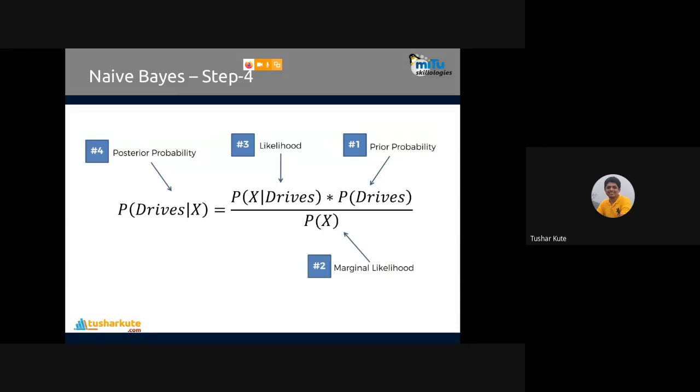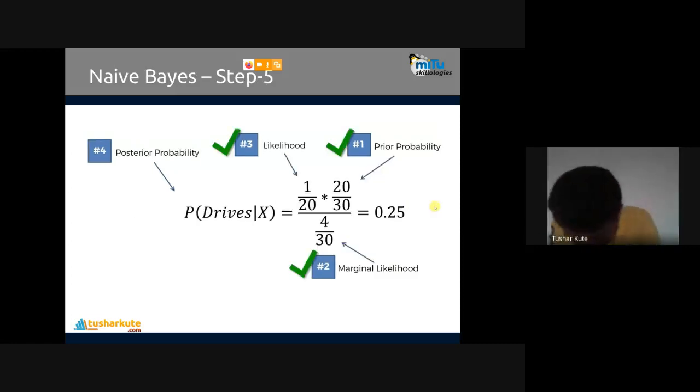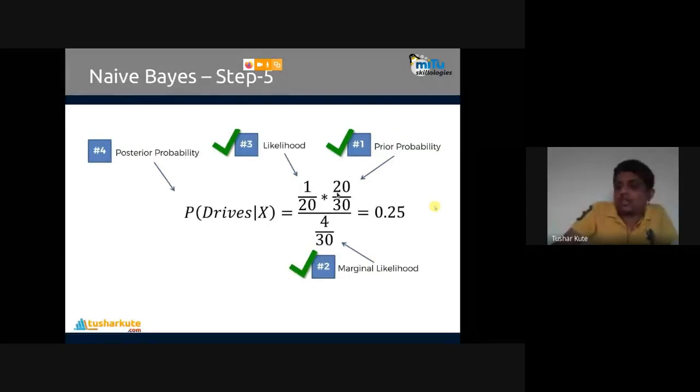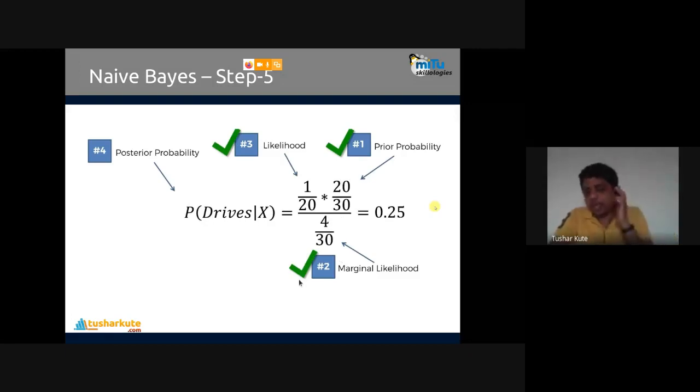So this is what we have: prior probability, marginal likelihood, and posterior probability is done. Posterior probability is checked to find and build the model. So let's go for that. Check it out. All the values I kept. Here, out of 30, 10 are walkers and 20 are drivers. This is prior probability. Then second, we have marginal likelihood. Similar observation: out of all 30, 4 are similar observations.